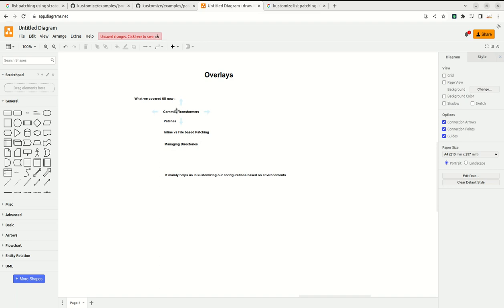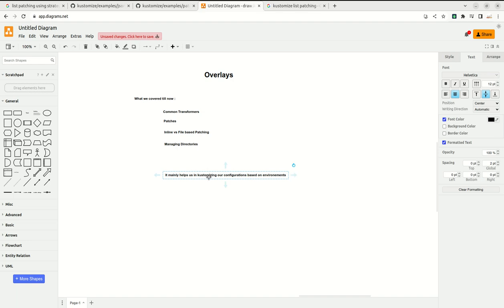So till now we were learning the features, like what the customization tool can do for us, right? It has these set of properties which can help us in customizing our manifest files, right? Now we will use this complete knowledge, particularly managing directories, to discuss overlays. So based on all these discussions, what we can conclude is, the customization tool can help us in